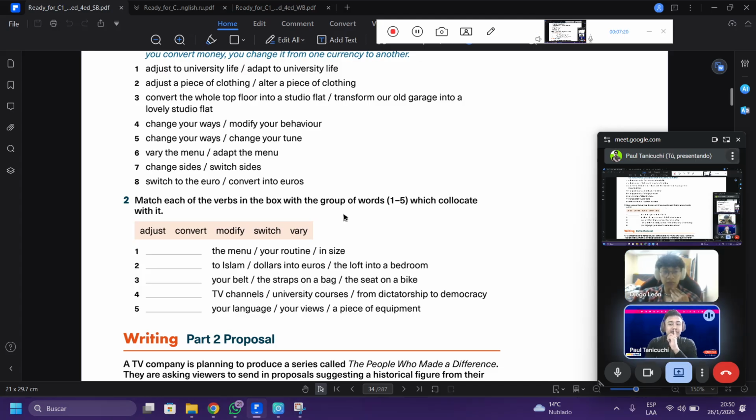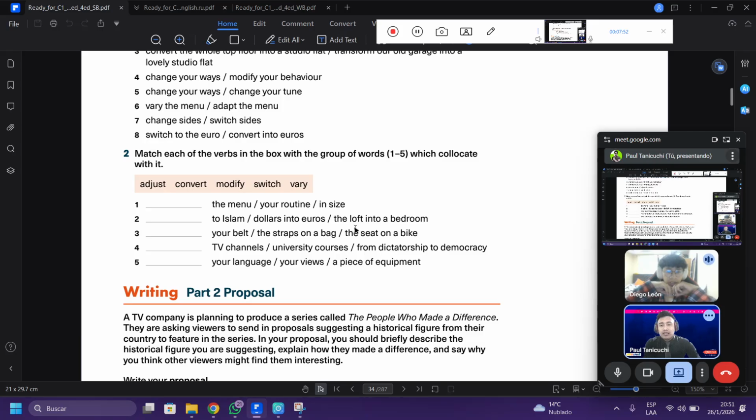In this case, it's different because, for example, if a country switches the euro for its currency, the euro is adopted as the official currency of the country, replacing the previous one. If someone converts something into euros, it means they are going to change a certain amount of money. For example, if you are going on holiday or a business trip, you can convert dollars into euros, and you can pay with them. Okay, I got it.